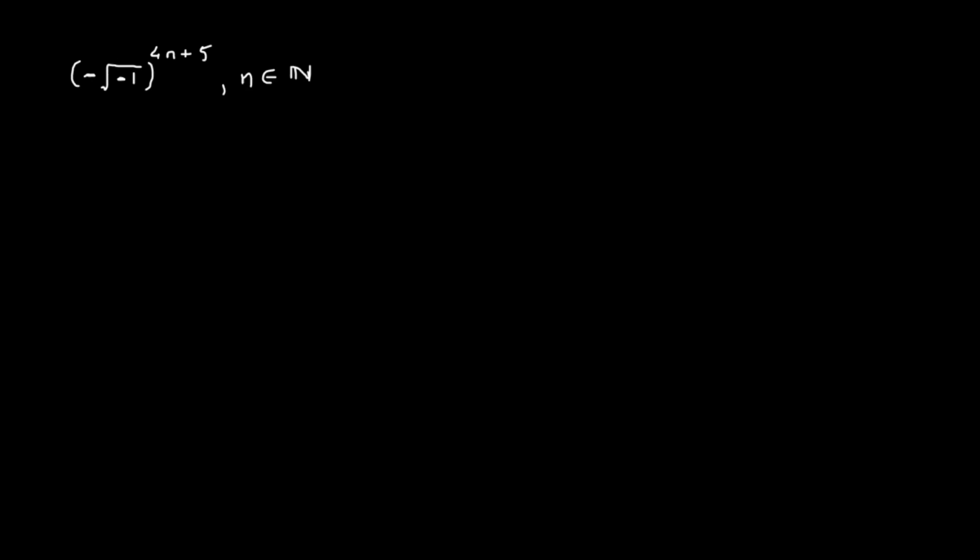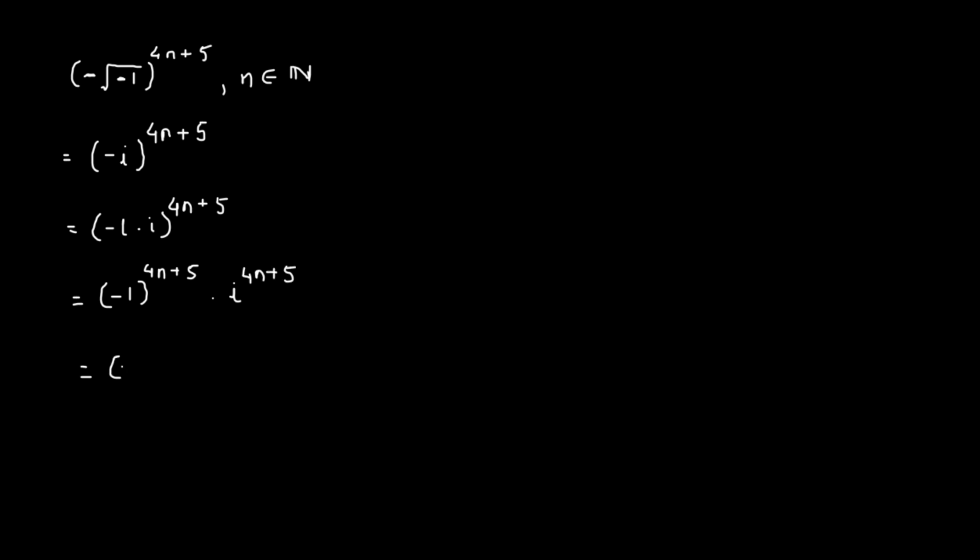So in this question we are given negative square root of negative 1, raised to the power of 4n plus 5, where n is a natural number. So this can be rewritten as minus, so square root of minus 1 is simply iota, raised to the power of 4n plus 5. Now minus of i can be written as minus of 1 times i raised to the power of 4n plus 5. That can be written as negative 1 raised to the power of 4n plus 5 times i raised to the power 4n plus 5,